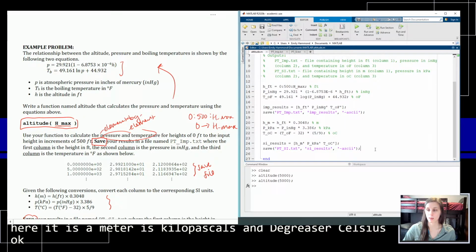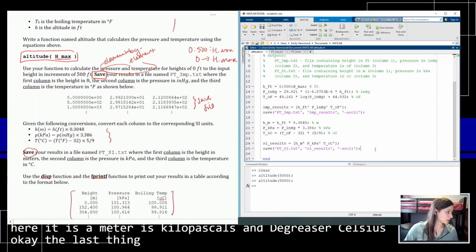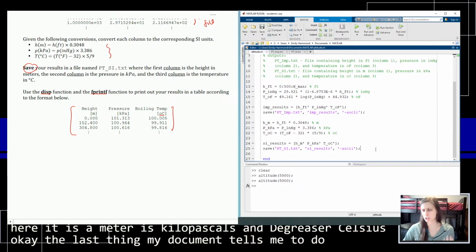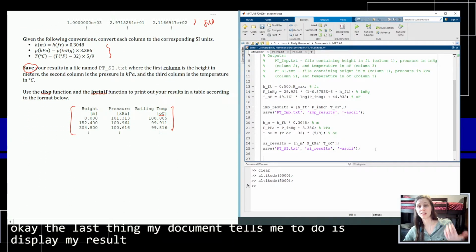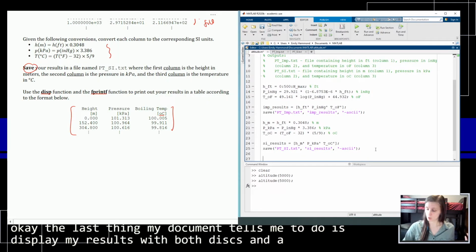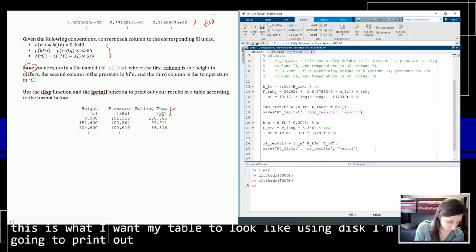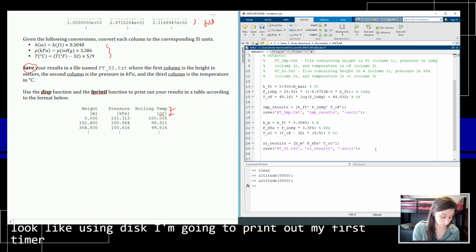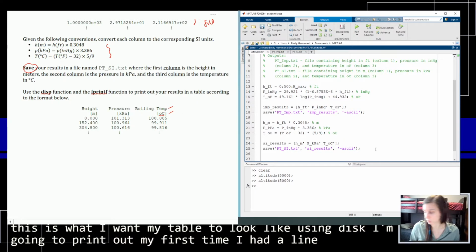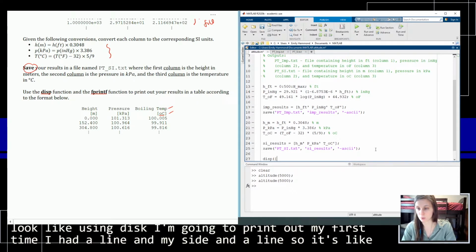Okay. The last thing my document tells me to do is to display my results with both disp and fprintf. So if this is what I want my table to look like, using disp, I'm going to print out my first header line and my second header line. So it looks like this: disp